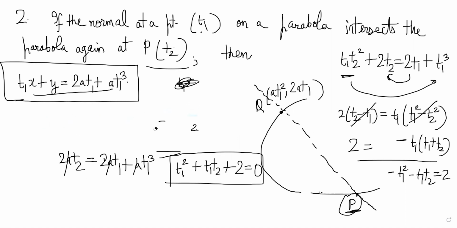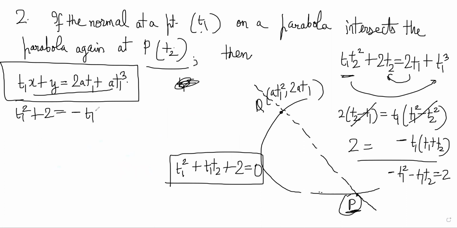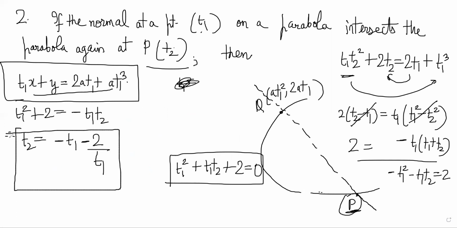You have t1 square plus 2 is equal to minus t1 t2, right? And then divide by t1. So t1 square plus 2 is equal to minus t1 t2, and therefore t2 is equal to minus t1 minus 2 by t1, right? This is the relation. So we have derived the relation right now, but again, this is a fact that you should remember, because this will tell you that if I know a point on a parabola from which normal has